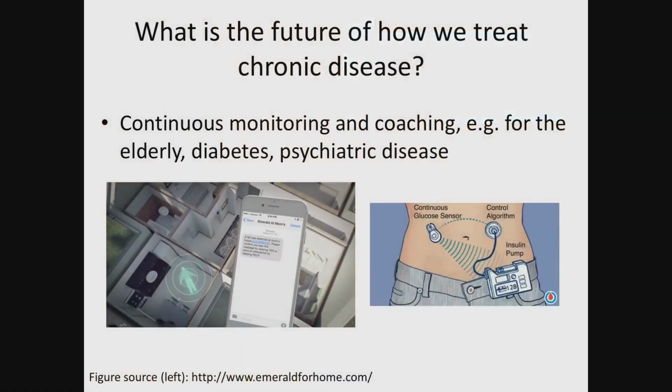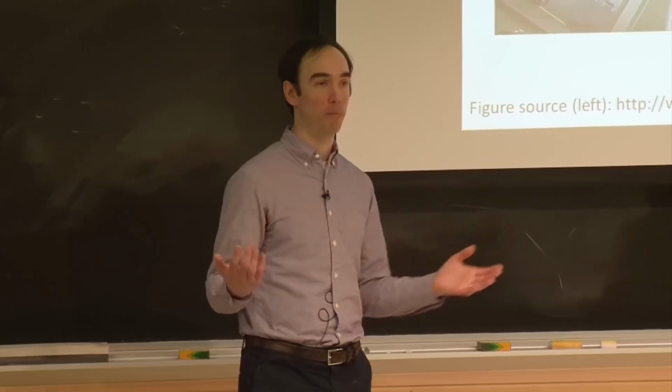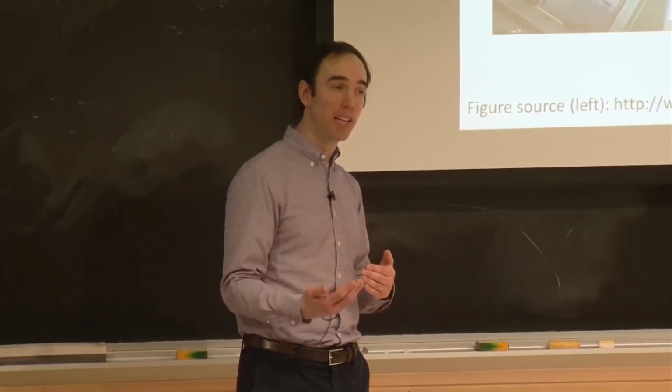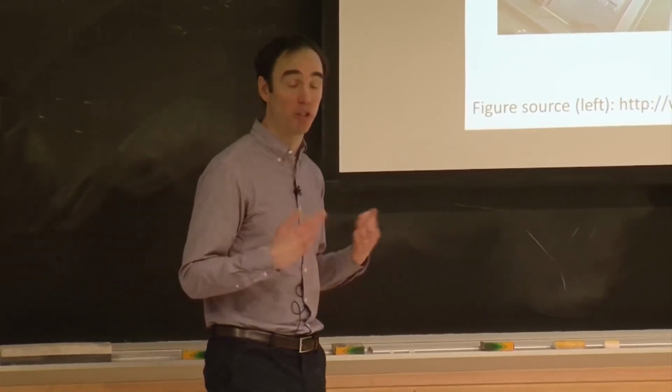Another example comes from patients who have type 1 diabetes. Type 1 diabetes, as opposed to type 2 diabetes, generally develops in patients at a very early age. Usually it's diagnosed in childhood. It is typically managed by having an insulin pump, which is attached to the patient and can give injections of insulin on the fly as necessary. But there's a really challenging control problem there. If you give the patient too much insulin, you could kill them. If you give them too little insulin, you could really hurt them.